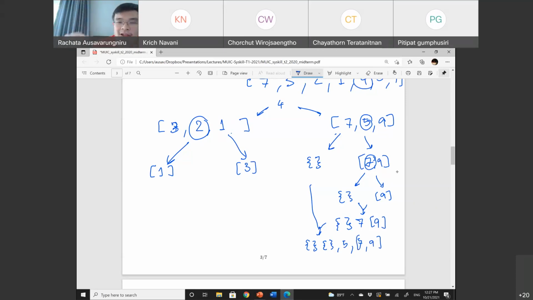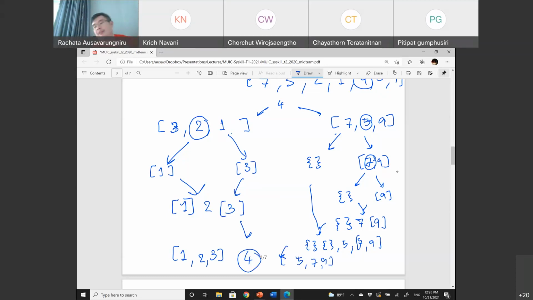Then you merge the top part again. Over here, when you merge, you will have 1 to the left, 3 to the right, and 2, which is the middle number that you just picked as a pivot. And you merge everything again here. So it's 1, 2, and 3 from the left side that's already sorted. On the right side, you have 5, 7, and 9, which is already sorted, and 4 in the middle. And when you merge, you get the sorted array.